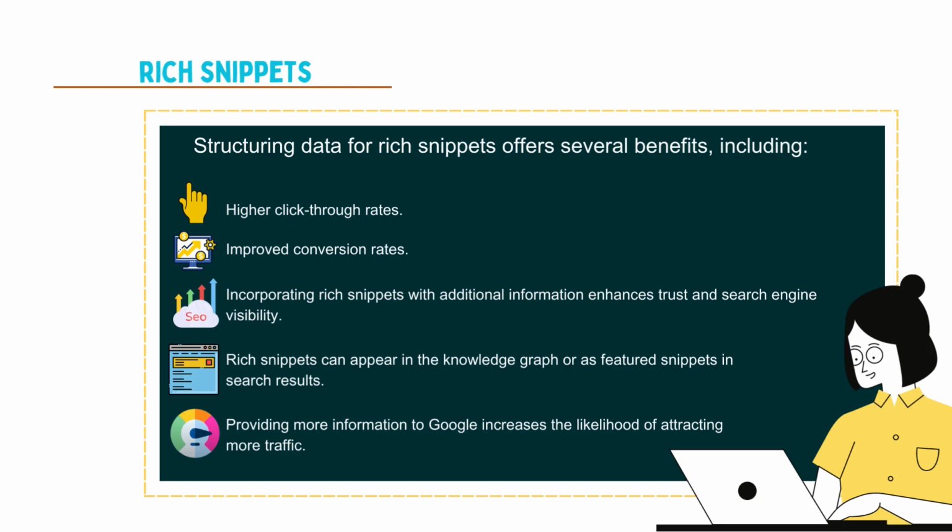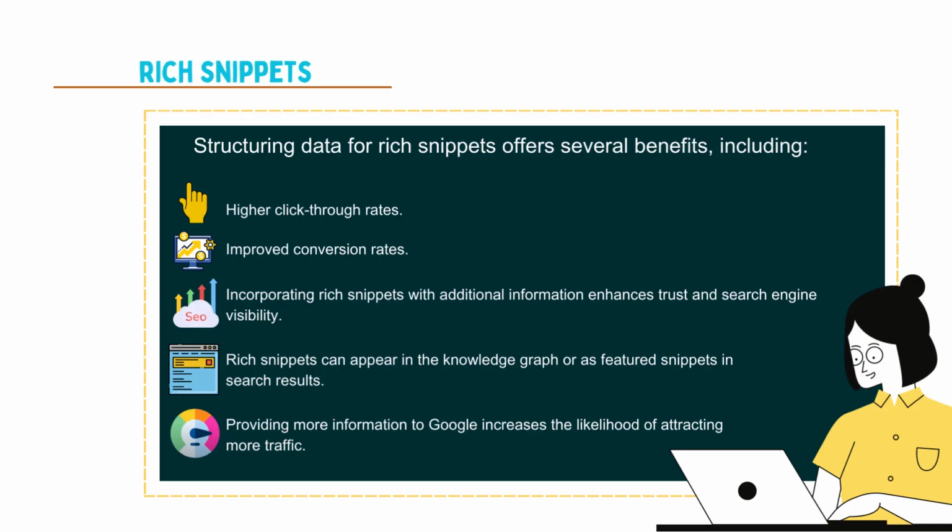Furthermore, incorporating rich snippets with additional information not only enhances the trust factor, but also improves your search engine visibility. The more Google understands about your page through structured data, the higher the likelihood that it will rank your page favorably in search results. There is a higher chance that the information within the rich snippet will be showcased either in the knowledge graph located on the right side or in a featured snippet, typically appearing at the top of